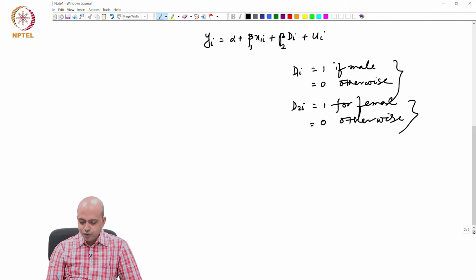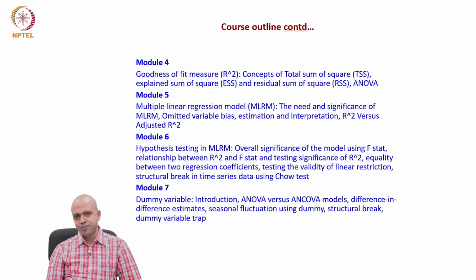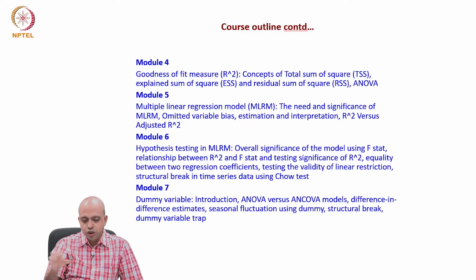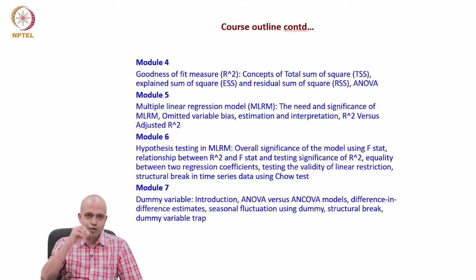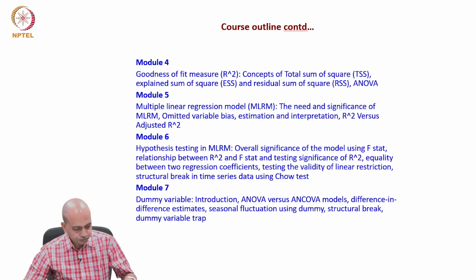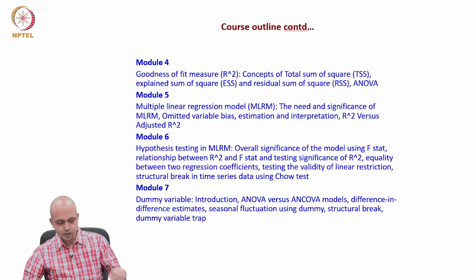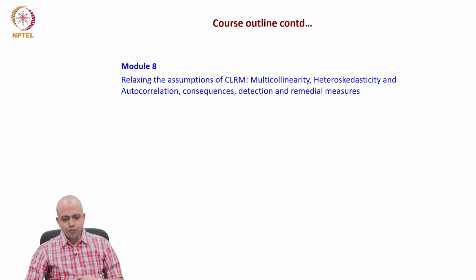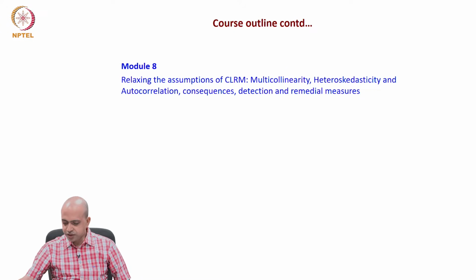So here we will discuss what the dummy variable trap is and what the exact problem is. All these things would be discussed in module 7. Then in module 8, what we will discuss is